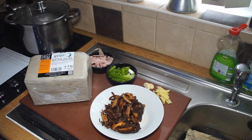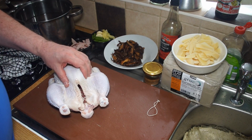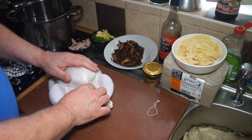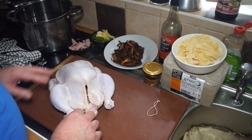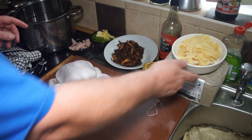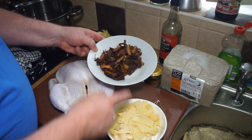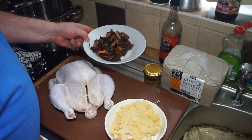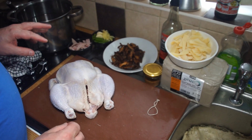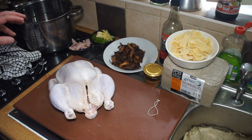patted dry, and then stuffed. So here's my chicken, which I've taken out of the brine. I've rinsed it with cold water and I've patted it dry. Now I've done a quick calculation and I've got rather too much stuffing, so I'm going to save half of these ingredients for a stir fry later. So I'll just put that together in a bowl separately so I can gauge how easy it is to stuff